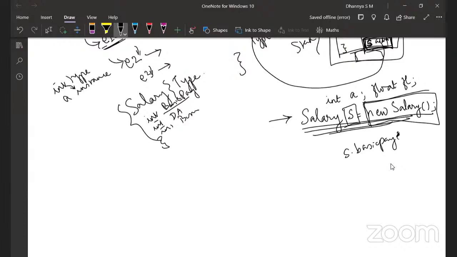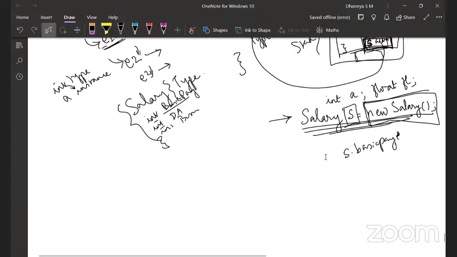The new salary is also an instance of the salary, yes? No, new salary is the Java syntax that you use to say, okay, I want to create an object, an instance of type salary, which is referred to by the variable S. Whenever I say S, it has to refer to this new location that you're allocating.